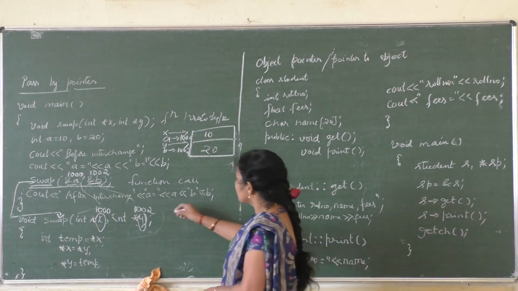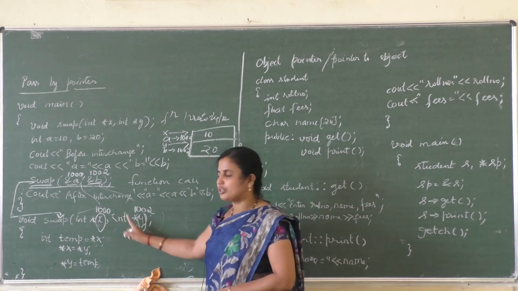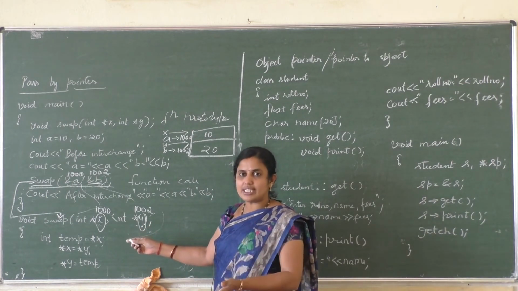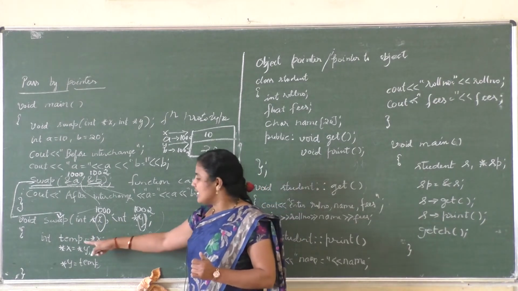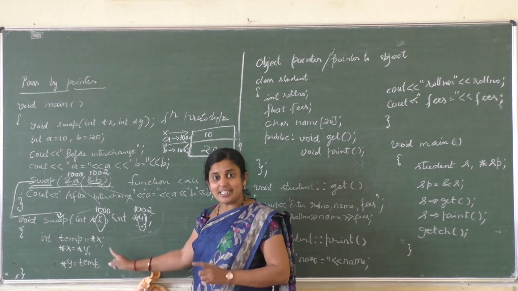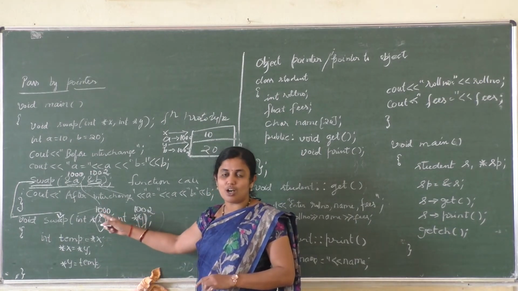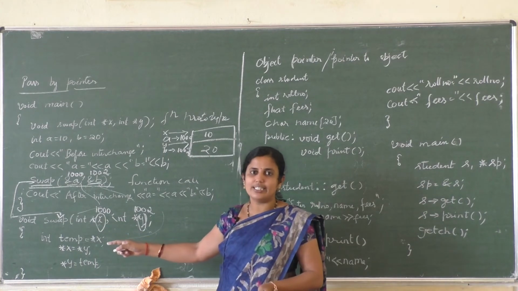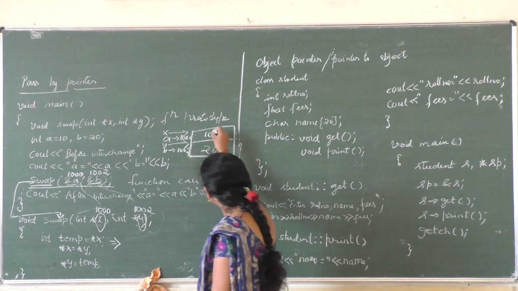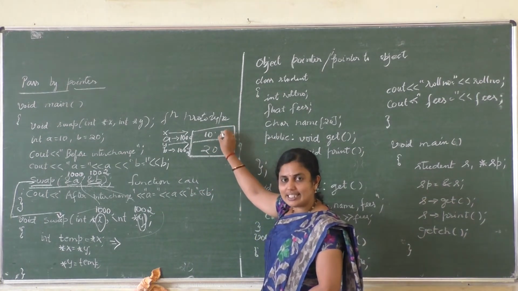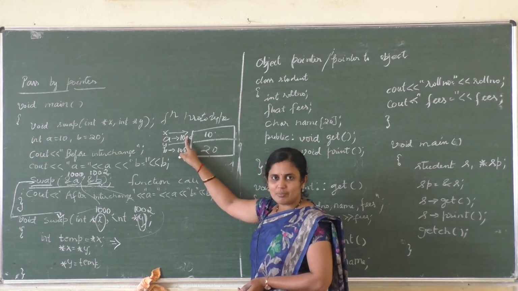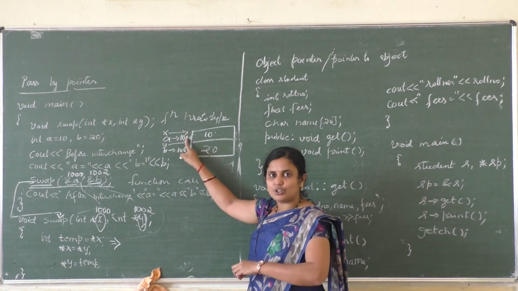Okay, so now here we have x is equal to 1000 and y is equal to 1002. In the previous example we accessed temp is equal to x, x is equal to y, y is equal to temp. But here it is a pass by pointer method. So how do we have to access? Through the address itself, right? So we'll consider int temp is equal to star x. If I want to access 10, I have to access through the address, that is through the address 1000. But I don't want the address, I want a value. So what I have to do?